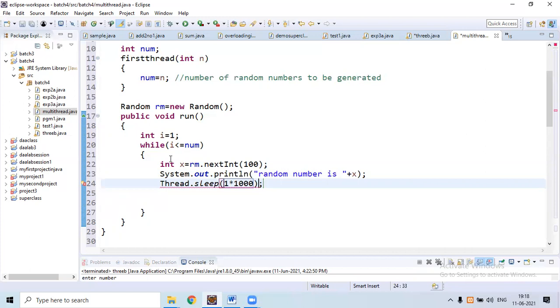Here to handle this particular statement, we need to use exception handling concept. To add exception to this particular statement, click on this link.